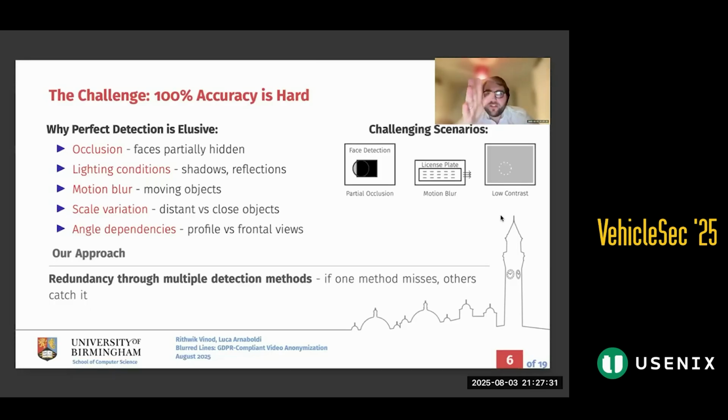Here you can have some pictures. You can see, sometimes you see half the face and you only blur half of it. That's a huge issue. Is it still anonymized now? Can I say I can recognize half a person? Lighting conditions, shadows, motion blur is a huge issue. Your car is moving, sometimes moving fast, so it's very much a detect object.